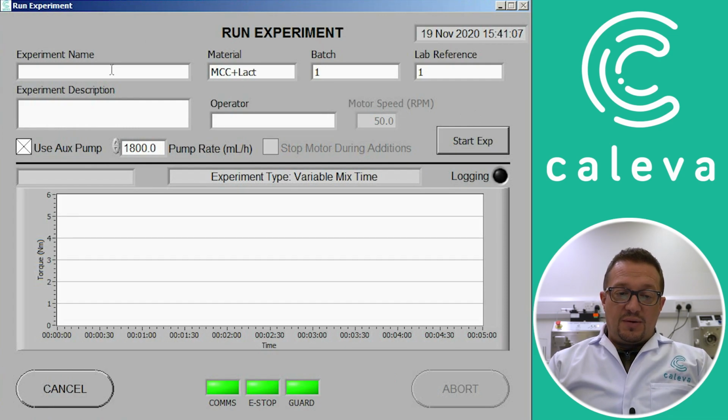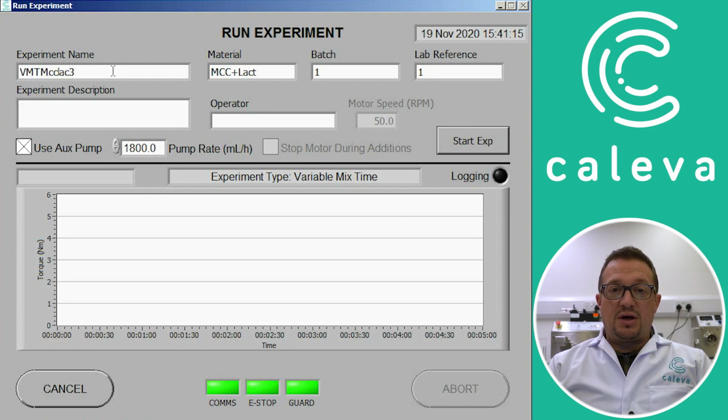So this is where we give the individual experiment a name and the details. So we type in a name. We've already got the material, batch code and lab reference there from the method, and then we just put a description in the description field there if we want to, and then the name of the operator because we can use that to search for results afterwards. So we click on Start the Experiment,